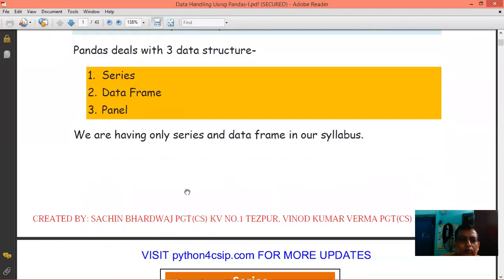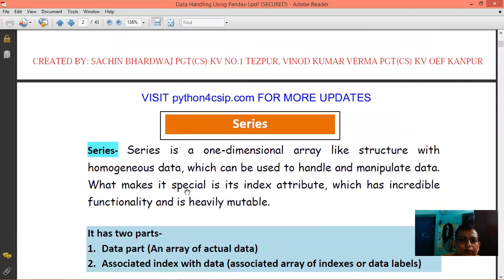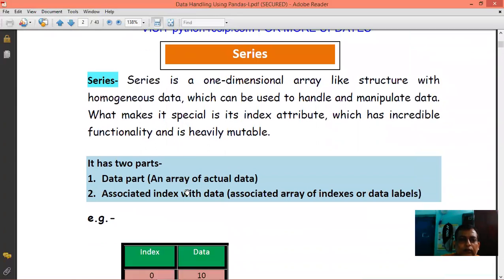So first, what is a Series? Series is a one-dimensional array-like structure with homogeneous data which can be used to handle and manipulate data. What makes it special is its index attribute, which has incredible functionality and is heavily mutable.